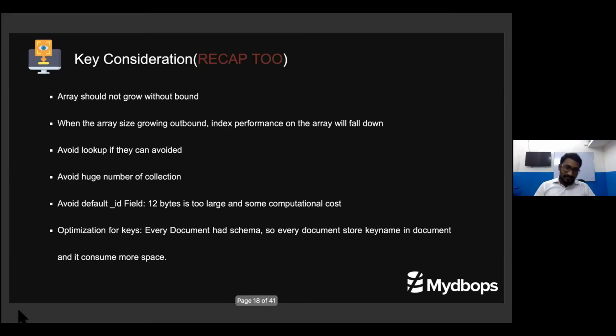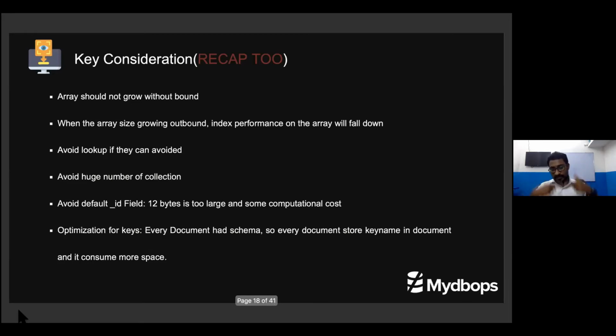And a very interesting point next is optimization of key. I can take RDBMS as an example. When you are defining an RDBMS, there will be a separate schema file, and the values will be stored in a separate file, an IBD file or something. In MongoDB, every document has its own schema inside the document itself. So if I'm having FIRSTNAME, then the whole set of characters will be stored in the particular document. It will increase the space, because for every document you are going to pass schema information as you insert data. So MongoDB stores redundant information in every document.